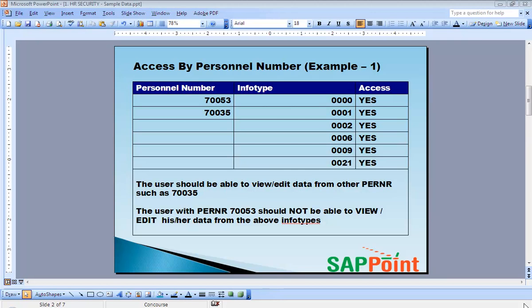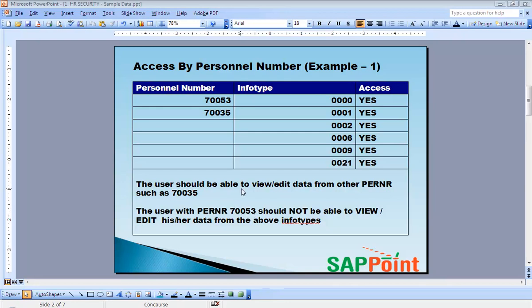Let us now see how we can allow or restrict users from accessing data associated with their own personal numbers. In the first example, we are going to use the user associated with the partner 70053.